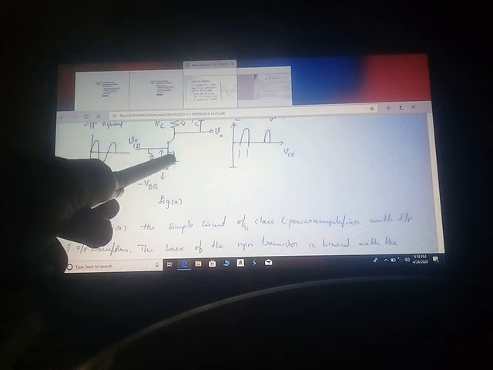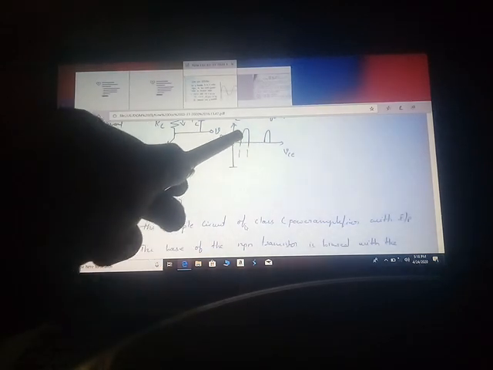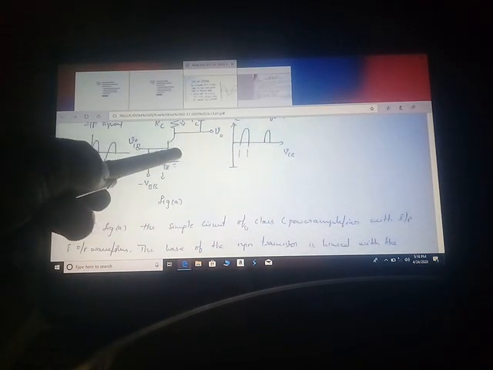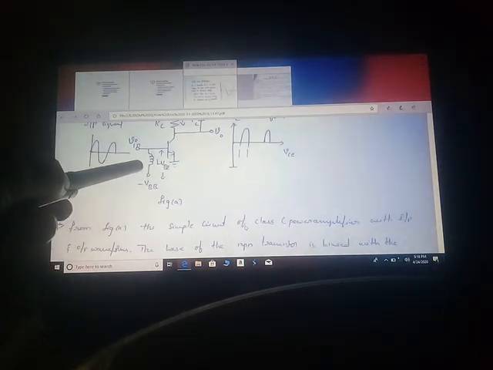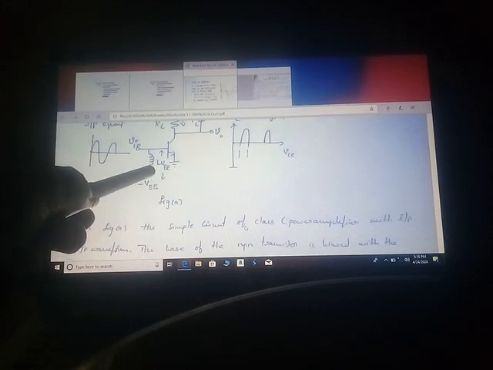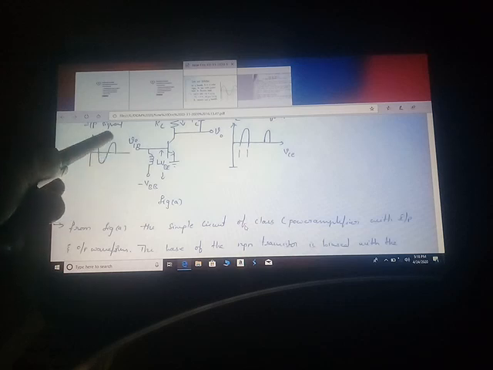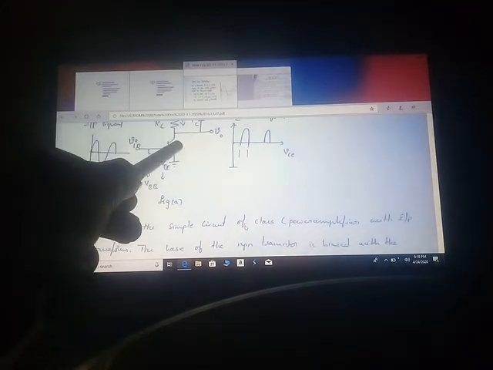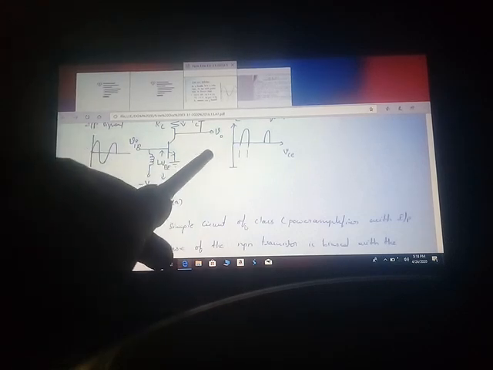Whenever no current flows, automatically the positive peak is obtained and the negative peak is clipped, same as in the lecture we discussed for the class B power amplifier. That is the reason we are considering the inductor here. If you don't consider the inductor, then the input signal is simply reflected in the transistor and taken at the output, and we get the same efficiency as the class B power amplifier.